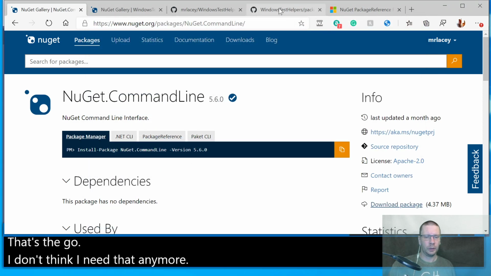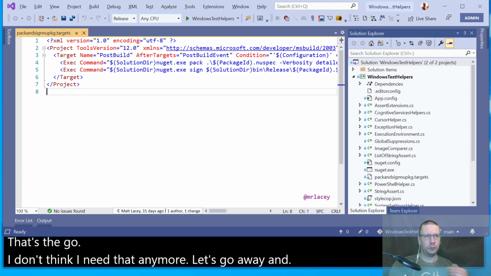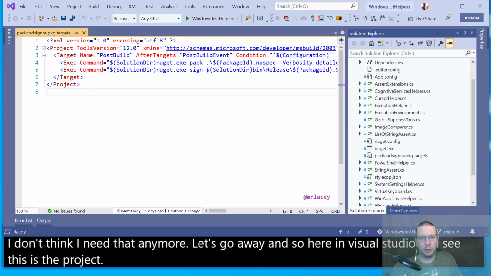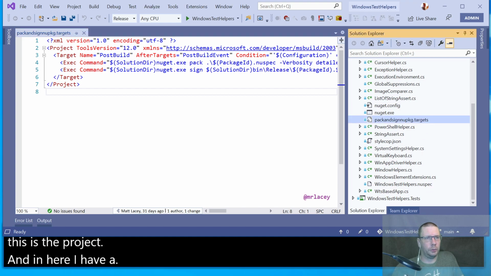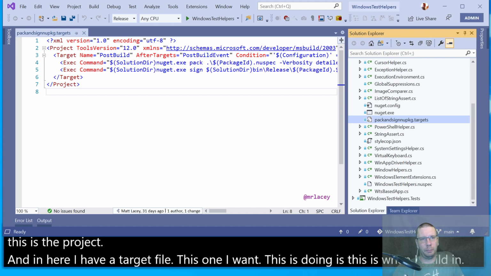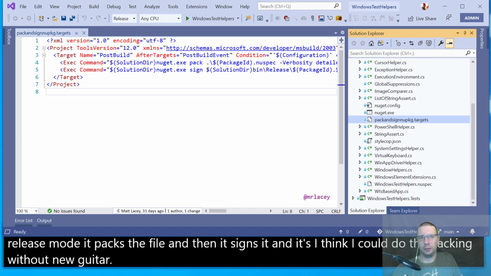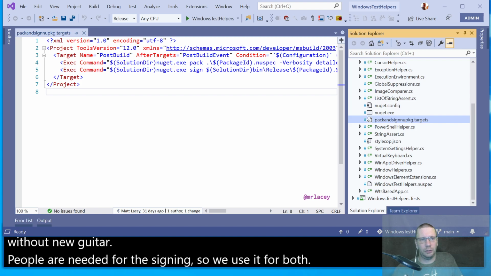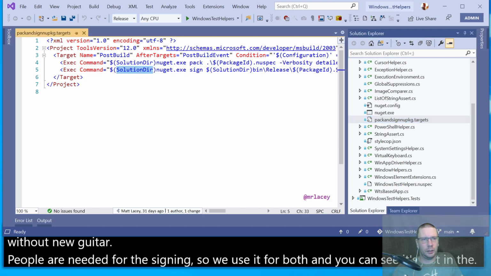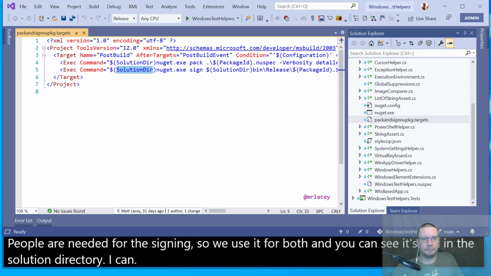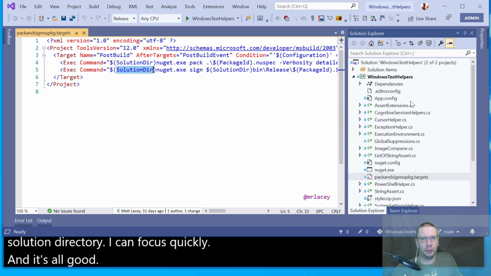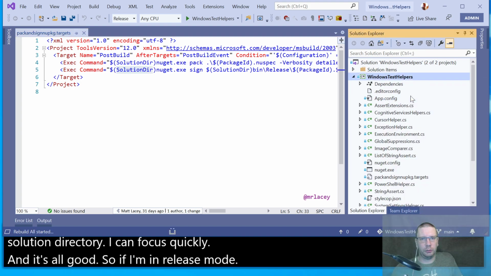Let's go away. And so here in Visual Studio, you see this is the project, and in here I have a targets file, this one, and what this is doing is, when I build in release mode, it packs the file and then it signs it. I think I could do the packing without nuget.exe, but I need it for the signing, so I use it for both. And you can see it's just in the solution directory. And that's all good. So if I'm in release mode, and if I just rebuild now,